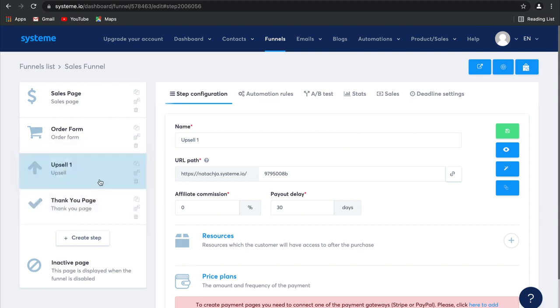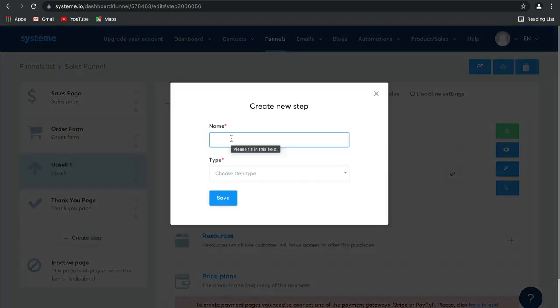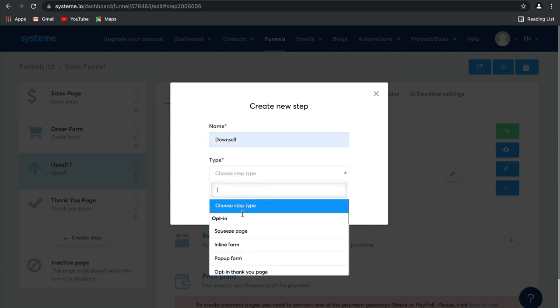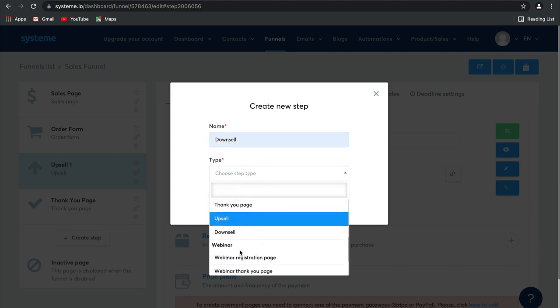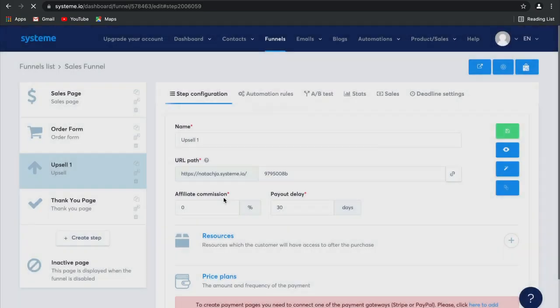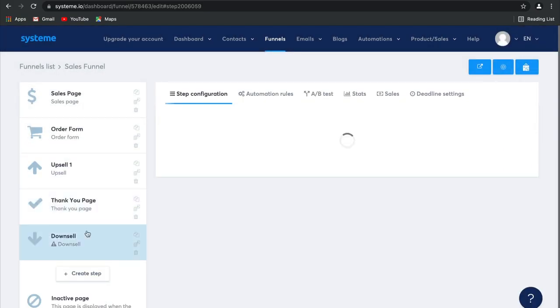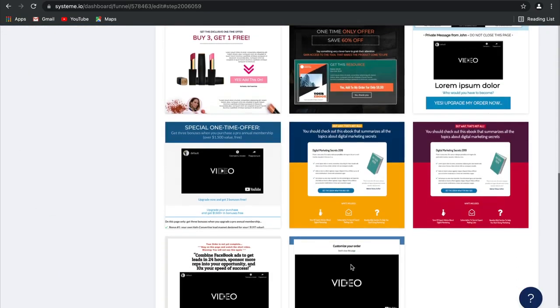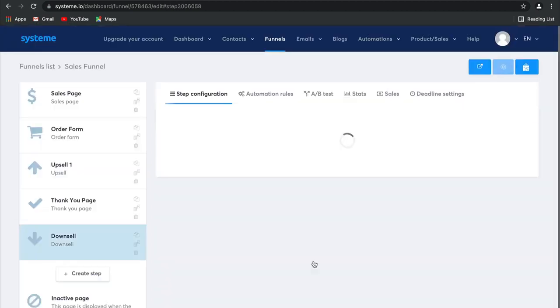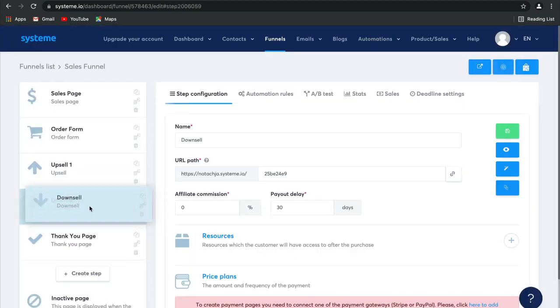Another thing that we suggest you do is add downsells as well. Select create step. We're going to call this one downsell. I'm going to choose a downsell from the page type. Click on save and choose a template. Move that up ahead of your thank you page,